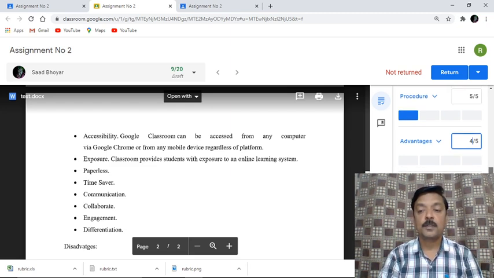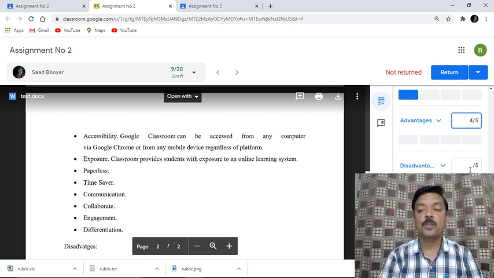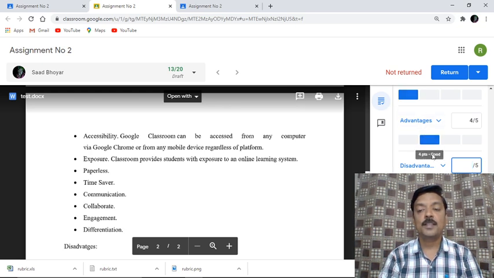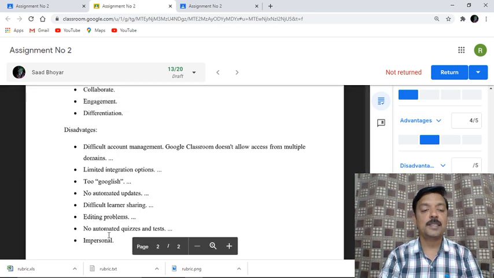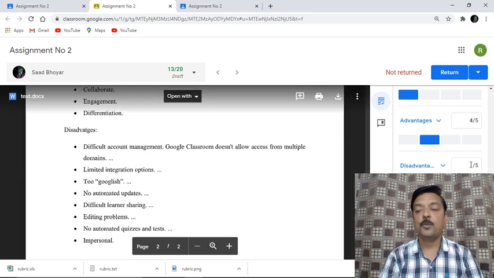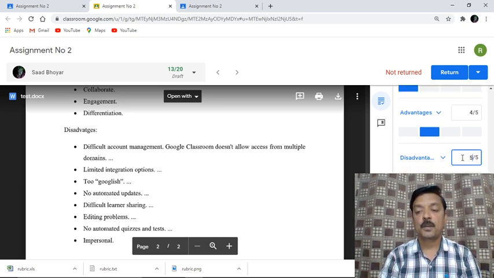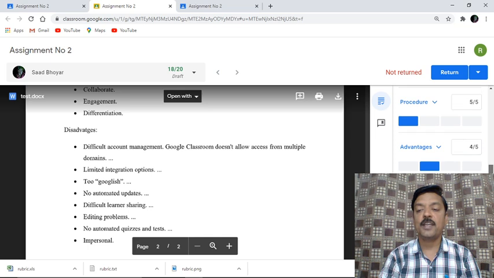Just after putting those 4 marks, you can watch over here, he is going to get not the first one. Just like in this case he has got 5 marks, so 5 points is excellent, 4 points means he is good. And under the disadvantages, the last point, he has written a lot of disadvantages. We have asked for 5, he has written 6 or 7 disadvantages. So I'll put all the 5 marks. The moment I click outside, it is showing excellent. Disadvantages he has written excellently. He has written a somewhat smaller number of advantages, that's why he has gained 4 marks.